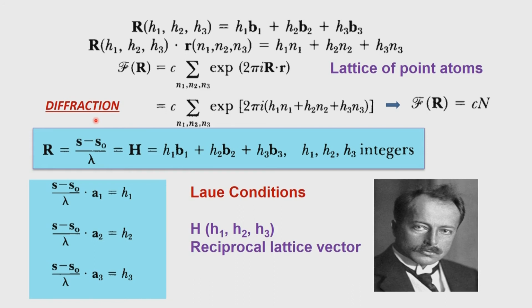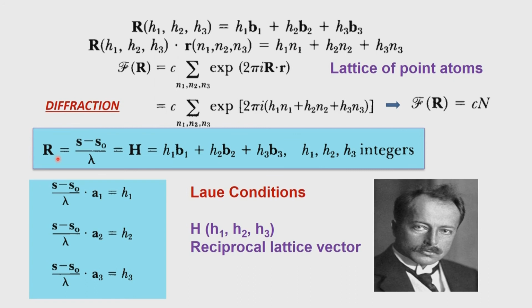This is essentially coming because of the lattice, because of the fact that we have a 3-dimensional unit cell which repeats itself in all 3 directions, and we get this information. So, it can happen only in crystals or crystalline materials. Therefore, we get the diffraction, and this is what was discovered by von Laue, for which he was given the Nobel Prize. So, what did he do? How did he explain this? He explained it in this fashion.